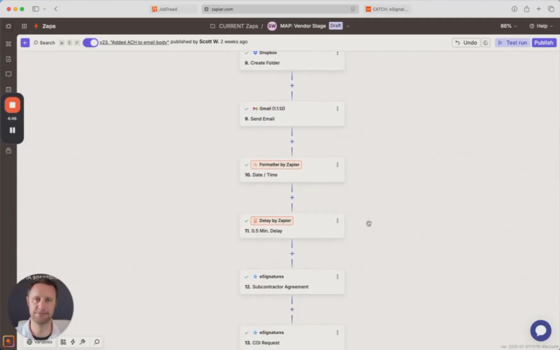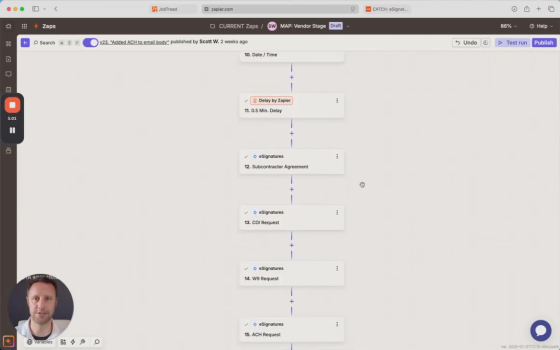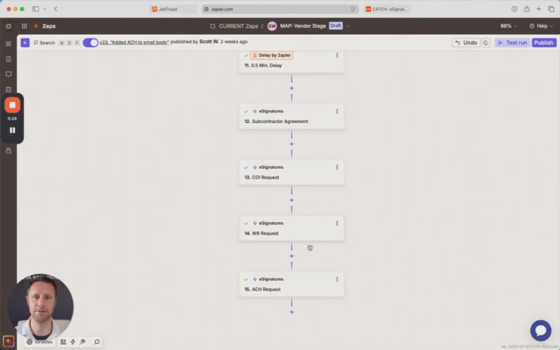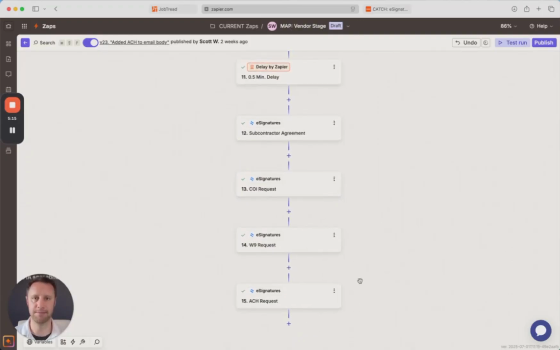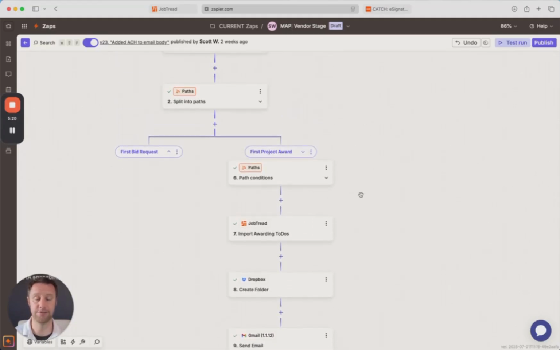We've got a couple of formality steps here. This creates a timestamp that we'll use in a later step. This creates a little delay. It's about a 30-second delay, and we just feel like that's kind of a nice little delay. Then we use a service called e-signatures, and this is where we send them the subcontractor agreement and the COI request. They can fill out these forms and attach files to them, the W-9 request and the ACH request. So when all of these steps happen, these are all the things that happen whenever we award a first proposal